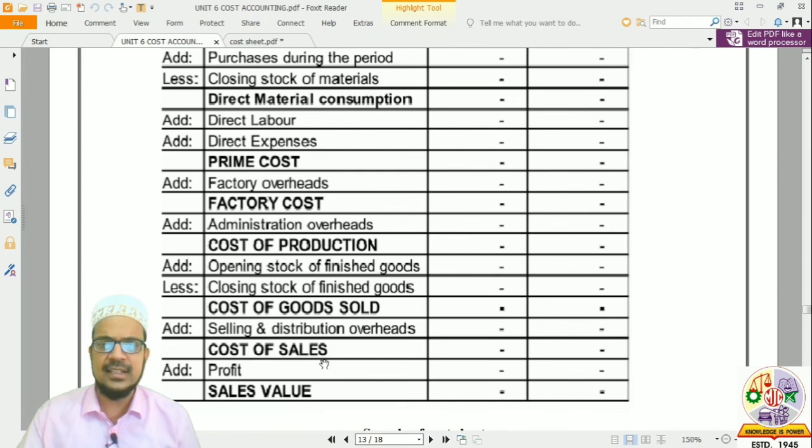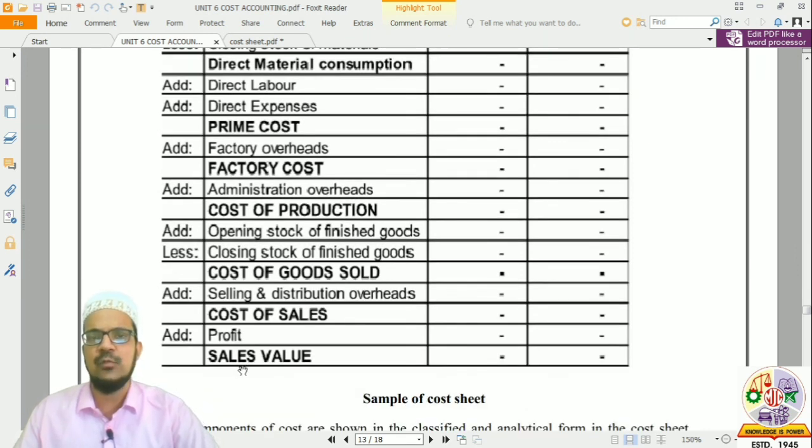This cost of sales includes all the expenses which are required to manufacture a product. Now, this won't be the value at which we will be selling our product, because we still have to make a profit on our product. So on the cost of sales, we will add our own profit margin, say 5%, 10%, 15%, depending upon the type of enterprise. You will add your own profit to the cost of sales, and the value you get after adding the profit to the cost of sales will be the sales value of the product.